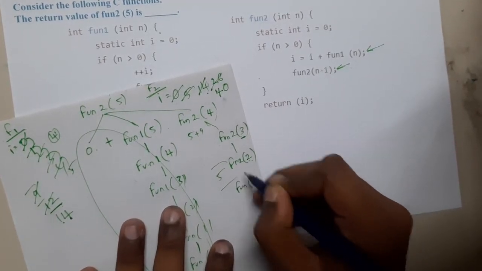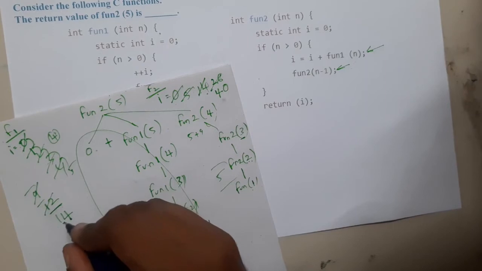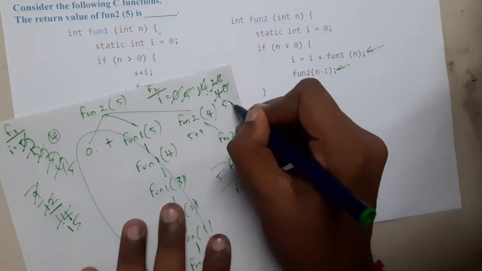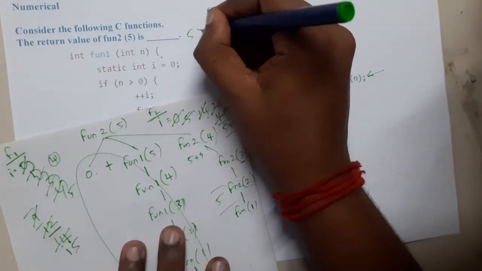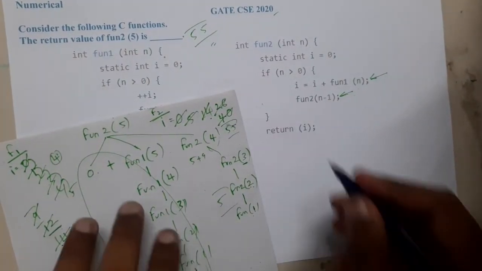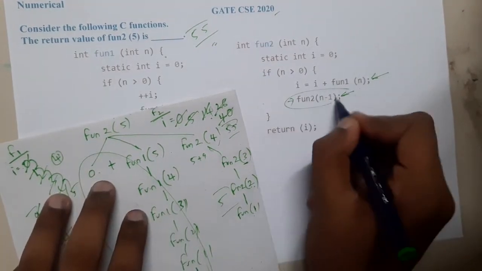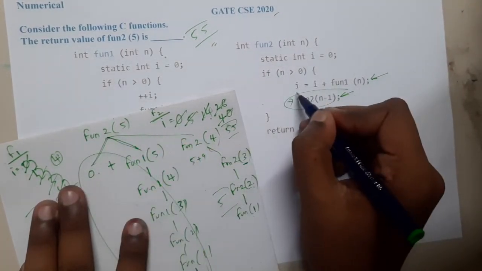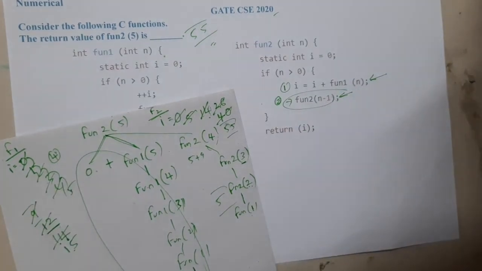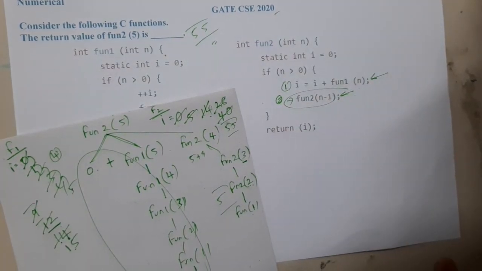At the end, the last call, guys, fun1. This will increment this by 1, to 15. Now this will add here, so that will be nothing but 55. So the result will be 55. It's a quite simple problem, but the only thing is I forgot to write this function, guys. When I wrote the steps, I wrote only this step in 2 parts, but I forgot this step. That was a silly mistake which I was about to make and which I noticed really early.